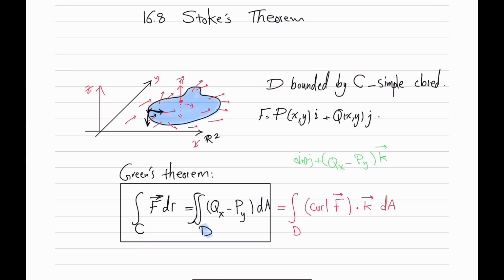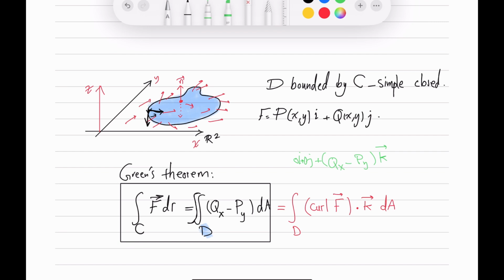And yet another way of seeing this is that I can say that this is equal to the integral over D of the surface integral, so curl of F dot dS. So this is in terms of the definition of integrals over surfaces, over parameterized surfaces, for instance, in 3 dimensions. So I will be interested in this equality that has been obtained between this line integral and this surface integral